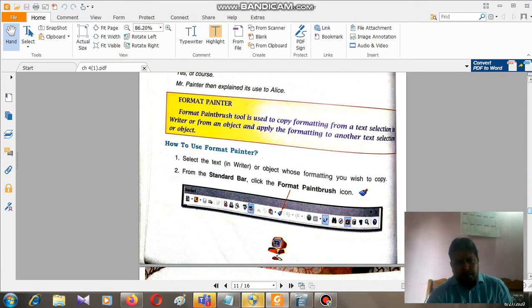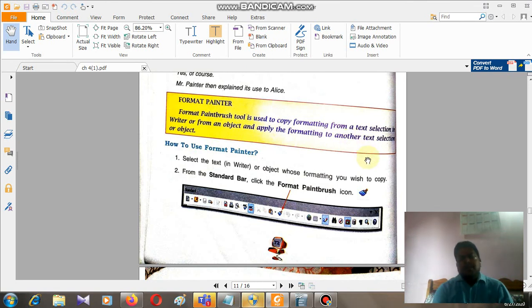What is the format painter? The format paintbrush tool is used to copy the formatting from a text selection in Writer or from an object and apply the formatting to another text.